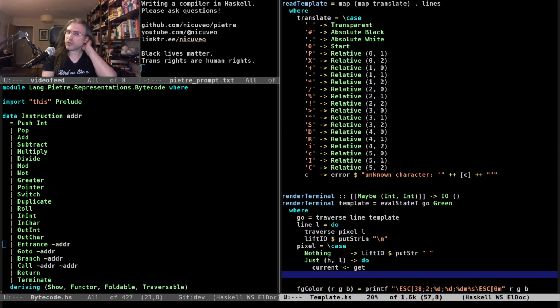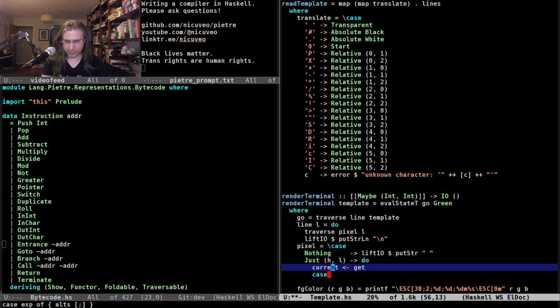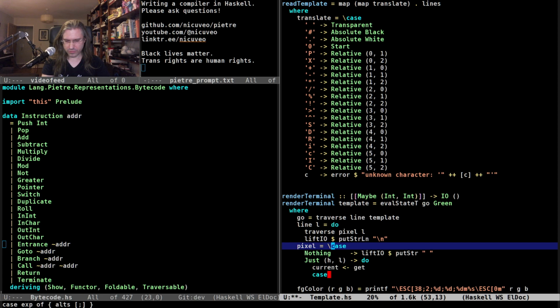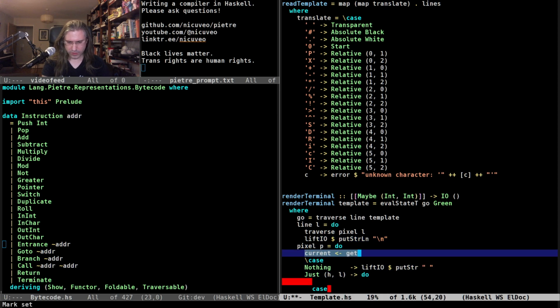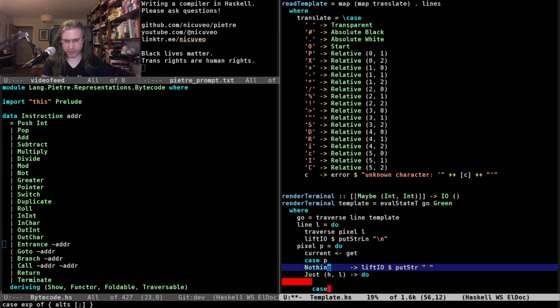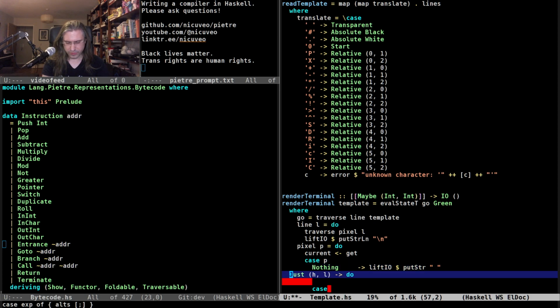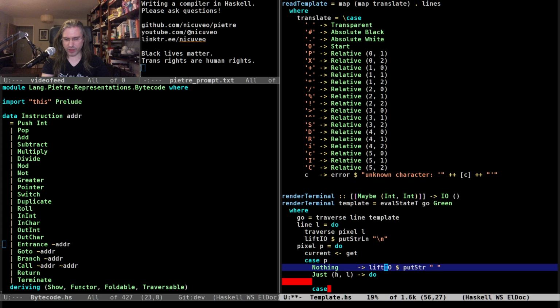So we get the current color from the state, and then we can do a case of that pixel, and then all of those things are different now. I need to figure out how to print. I guess I will hard code here the absolute ones at the end.